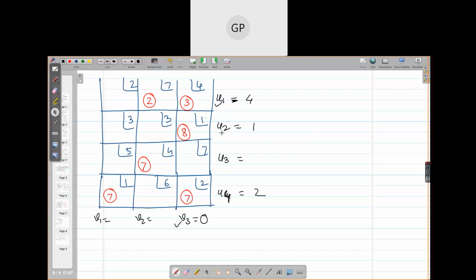Now use these numbers to find out U3. First, you will have to find out V2, I guess. You will have to find V2. Look. It comes to 3, ma'am. Yes, V2 plus U1, 3 plus 4, 7. Then U3 is 3 plus 1, 4. Then about V1, it's minus 1. V1 is minus 1.